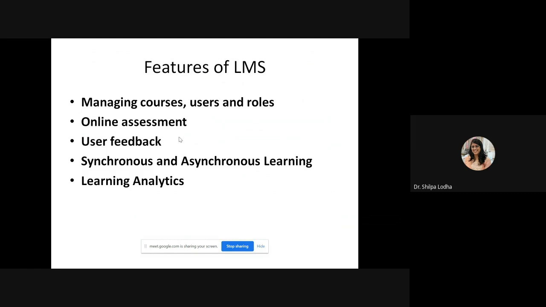A learning management system can enable teachers to create a customized test for students which are accessible online and submitted also online. Customized test means as per the student's level of understanding, which the instructor is able to understand. On the basis of that, he can create some customized test.